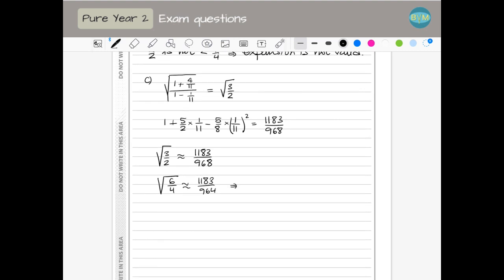Which means that √6 is going to be, if I divide √6 by √4, is divided by 2, so I can multiply the 2 here. So √6 is approximated by 2 times 11964, which is